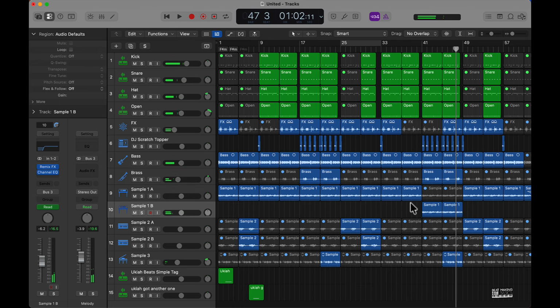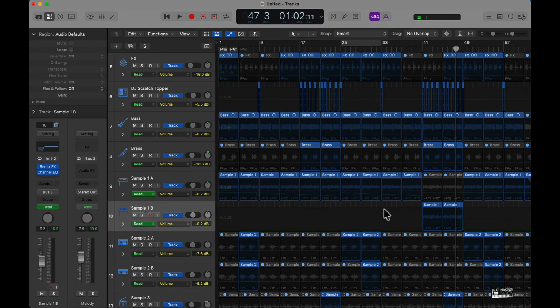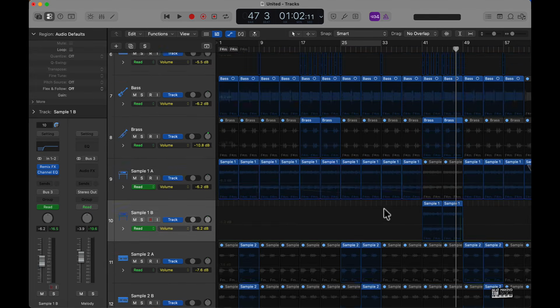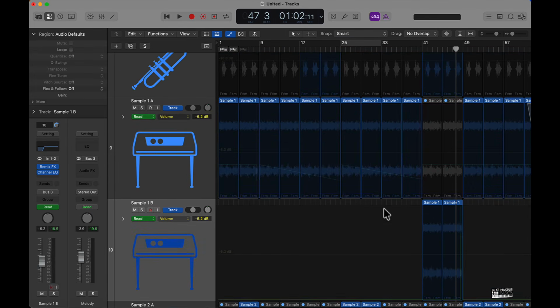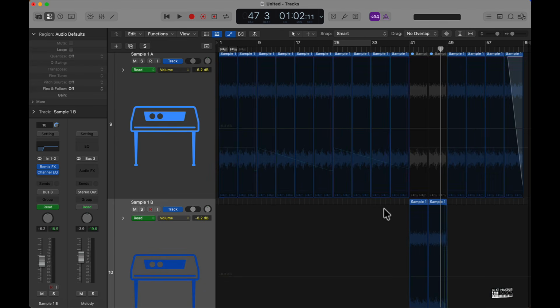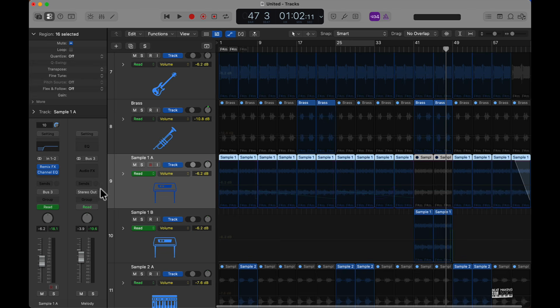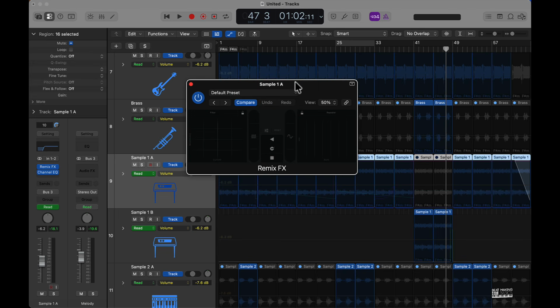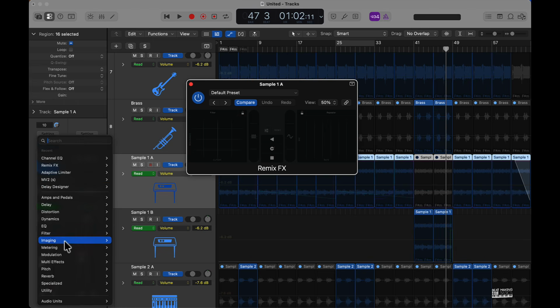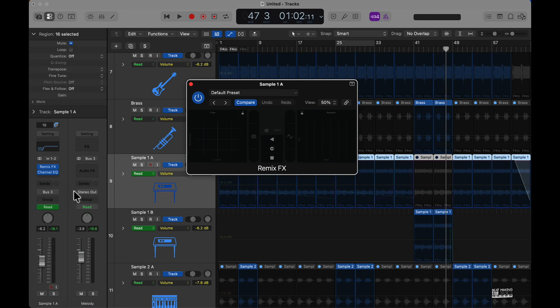Cool. And so some of the other aspects of things that I did on this beat, if I push A, I can show you and you can see the automation that's in here. So I came to this main sampler track and I put the remix effect plugin on here. Go to your plugins, go to multi effects, remix effect. After I did that, I went to